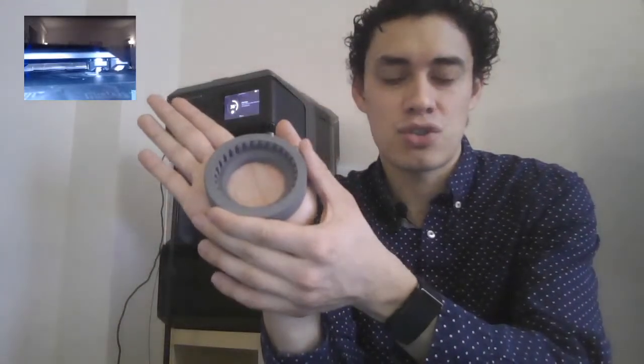Given that X and Y axis shrinkage is less than the Z axis, what has been your experience for dimensional compliance where a shape spans all three axes? For example, maintaining a circular dimension at 45 degrees to the X and Y plane. Okay, I see what you mean. So the question is, what happens when you have elements that are not necessarily oriented perpendicular to that X and Y build plate? Let me jump back here to this view. Let's say that instead of just having a straight circle coming back up, I had something tilted a little bit. And the answer is that,